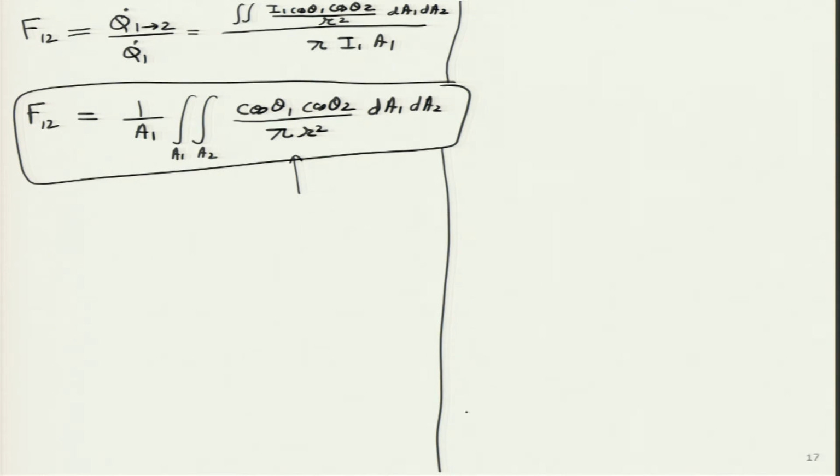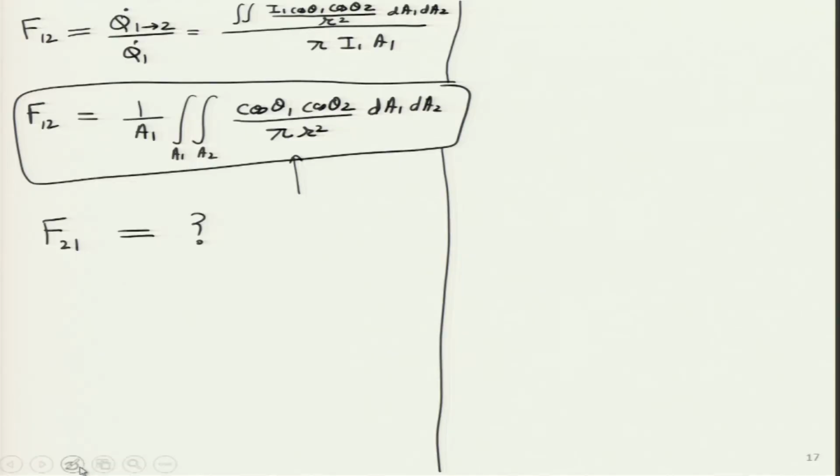Now, if I ask the students one question, if I reverse it, what is the value of F21? And I put a question mark over here. So, physically what I am asking, we will go back to video mode. Now, I am asking what is the fraction of radiation which is leaving from surface 2, which is up over here, that is striking surface 1 directly. So, F21 is different than F12, but is there a way they are connected with one another?